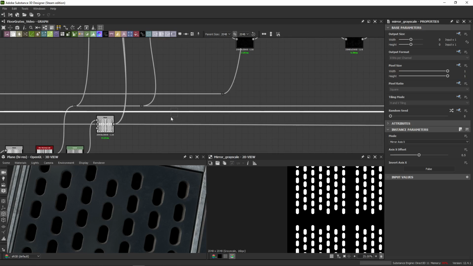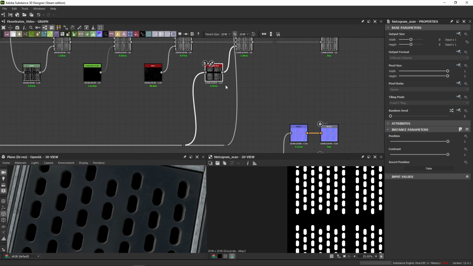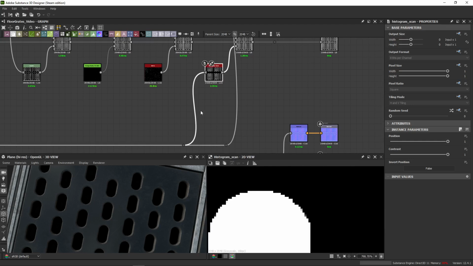If we follow this down, it'll lead to this guy, and then we put it through a scan to make sure we get the full range of it. Because I don't want this, where it kind of falls off. I wanted to get this,